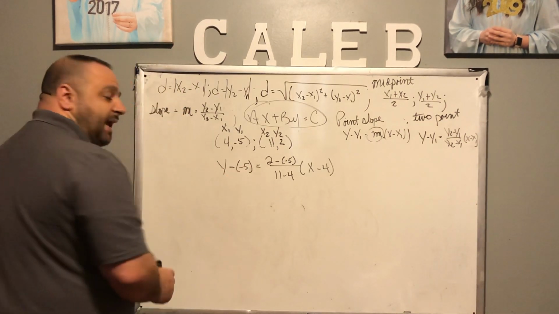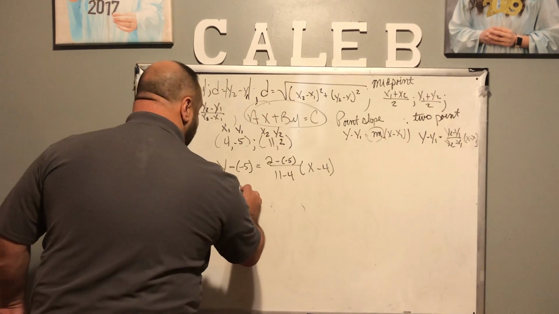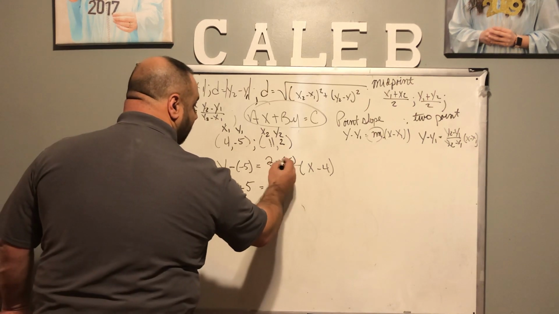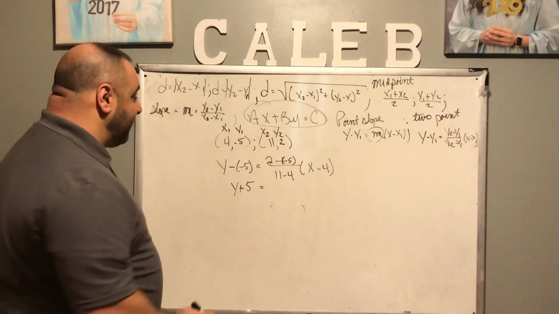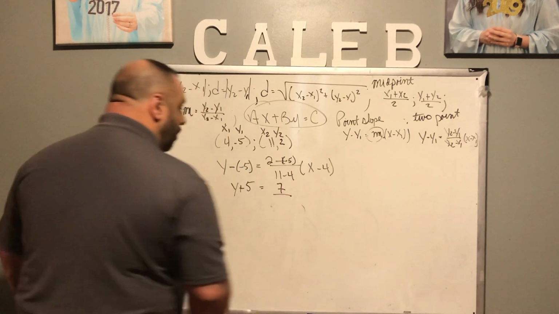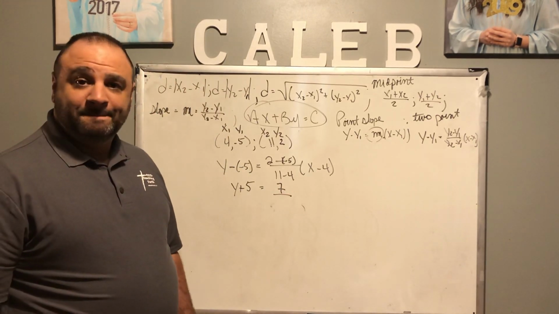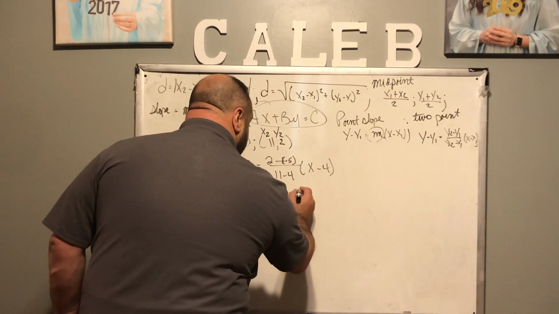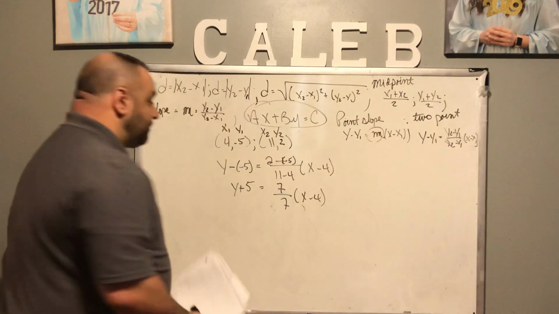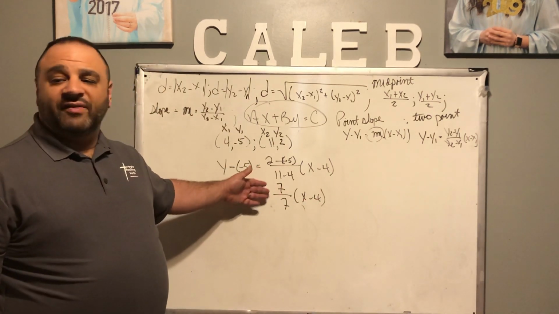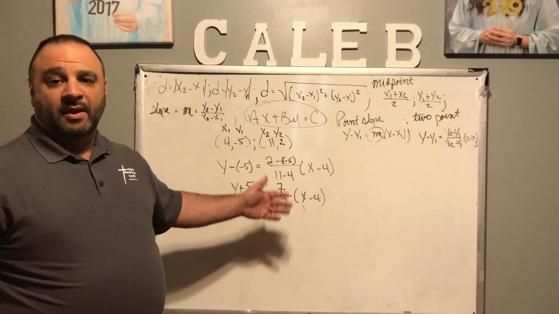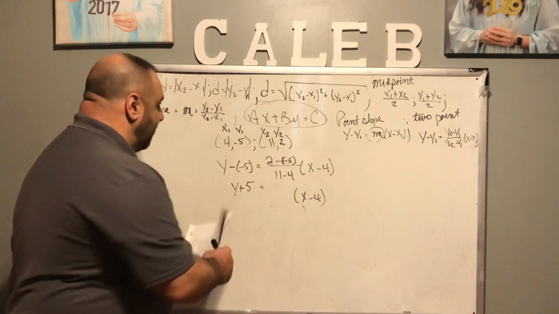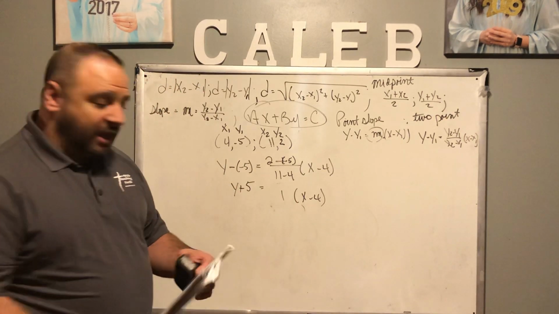So again, negative times a negative is a positive, so y plus 5 equals, all right, we have another plus 5 here. Okay, so 2 plus 5 is 7 over, what's 11 minus 4? 7. Okay. So if I have a numerator 7 and a denominator 7, if I reduce that, what would that be? Simply 1. So I'm going to reduce that and just real easily make that 1. Okay? Now,